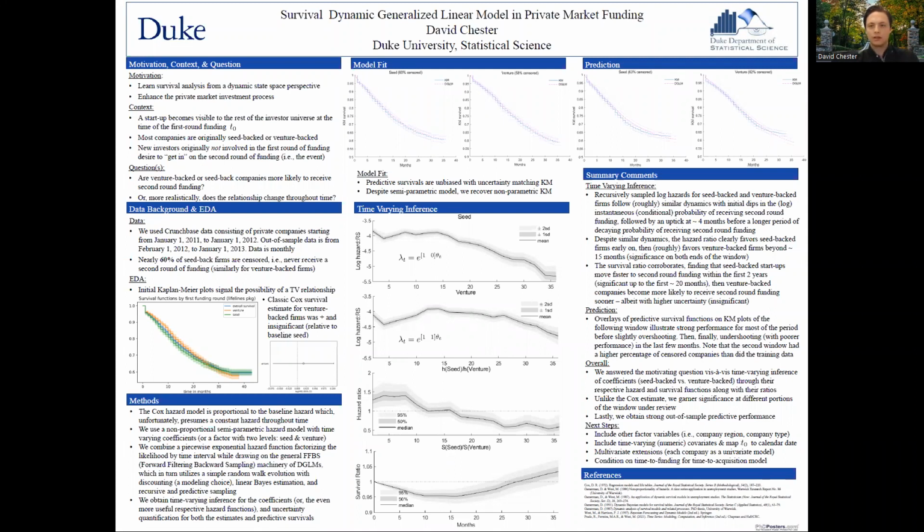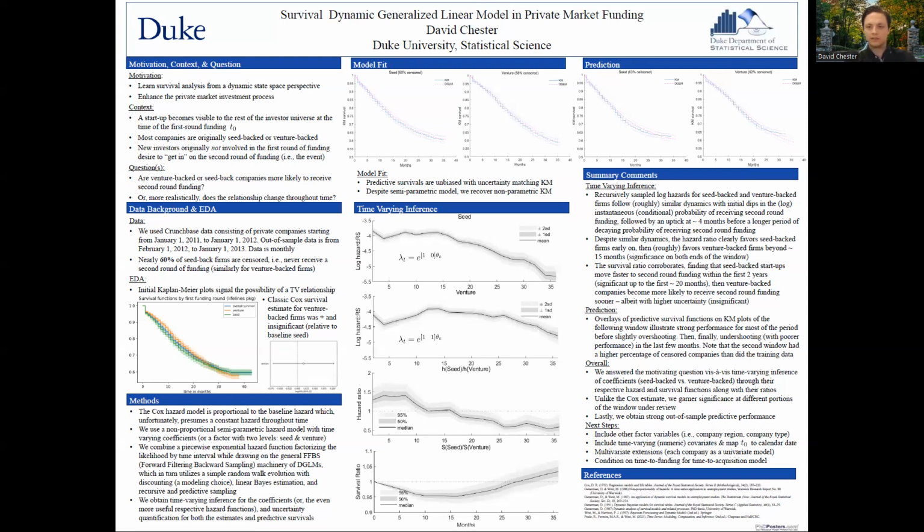Given a majority of startups receive seed or venture as their first round of funding, this information might be of particular use to the modeler/investor. We're focused on using this binary static covariate, unchanging throughout time, and modeling how their respective coefficients do change throughout time. In simple terms, which kind of startup, originally seed-backed or venture-backed, is more likely to, one, instantaneously receive second